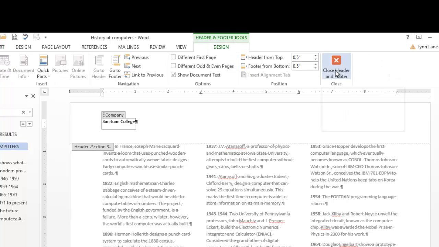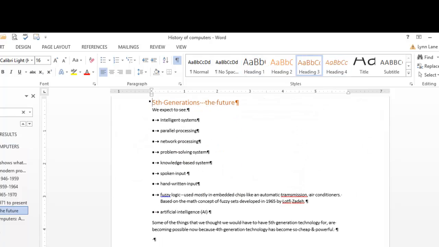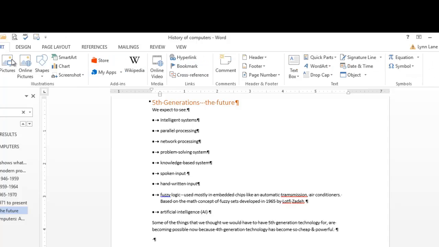I'm going to close out of the header and footer. Now the next thing is going to the 5th generation under the heading spoken input. Is you need to also know how to put in special symbols. So if you go to Insert, Symbol, there's a check mark there, and if you hover it, it says symbol